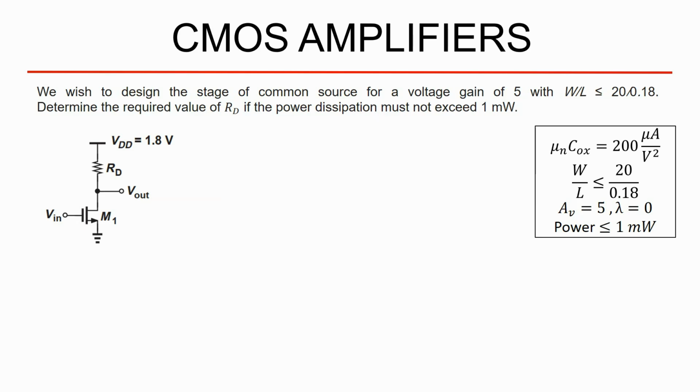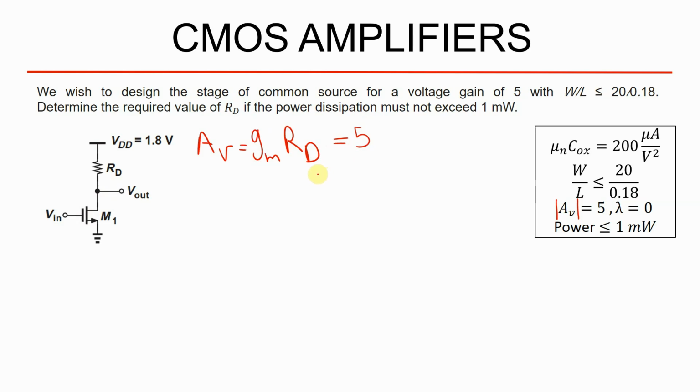Let me just start with AV. AV, which is 5, equals to, and by the way, this is the absolute value of AV. Okay, I forgot to put this. This is the absolute value of AV, because as you all know, the gain of a common source amplifier is negative. What is the formula for gain? If you forget it, you can refer to my video about the common source amplifier. The voltage gain is GM times RD. So this gain equals 5